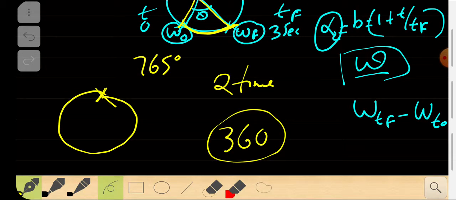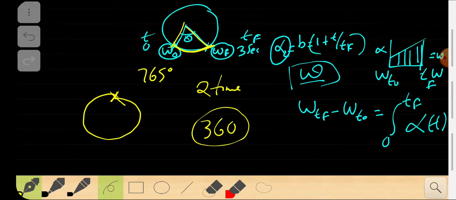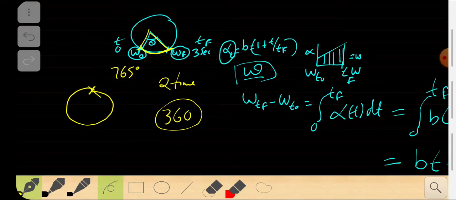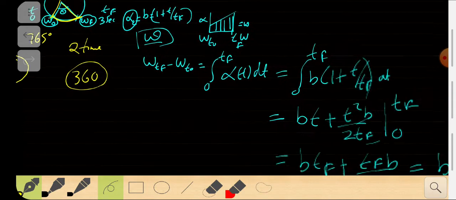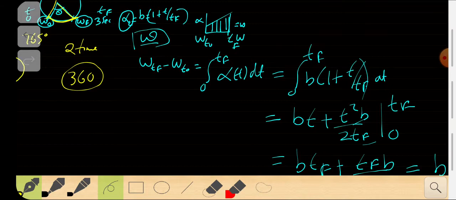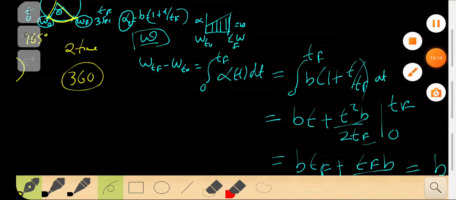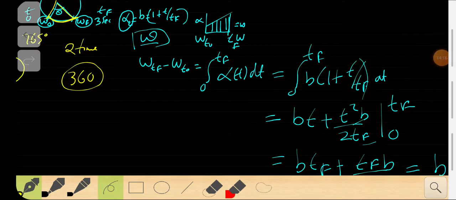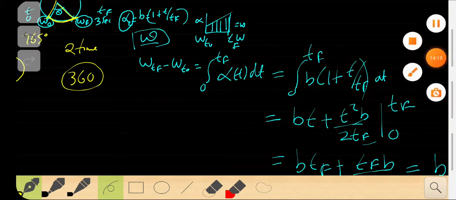So that's the angle, and that's the angular velocity, and that's the acceleration, and how to find them out. This was very simple, and next time we'll go into some deeper, much more interesting things. I just missed this part, so that's why I mentioned it. Okay, so all the best for you guys.